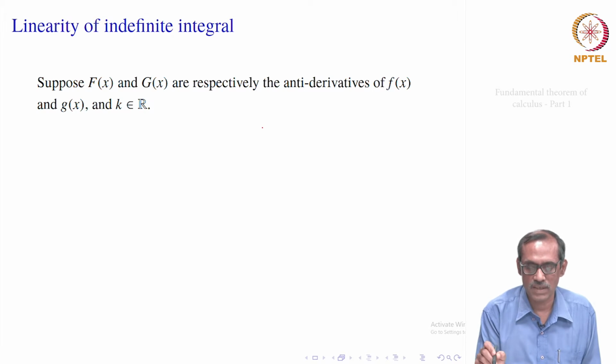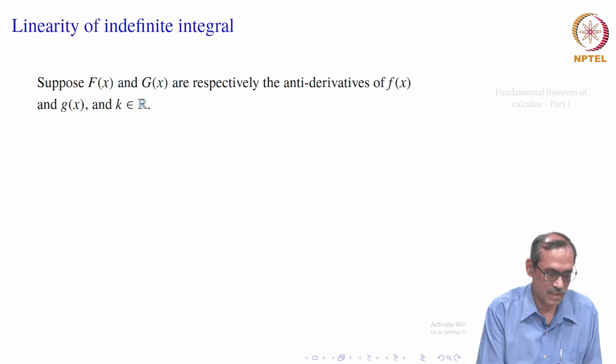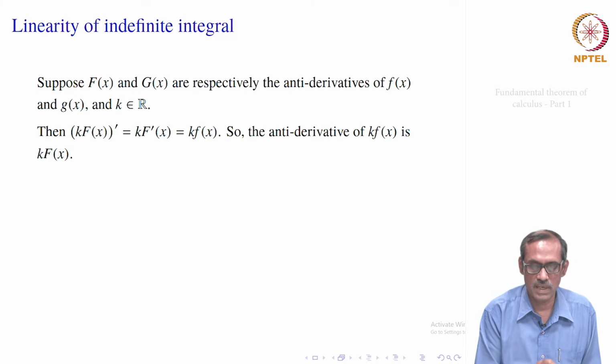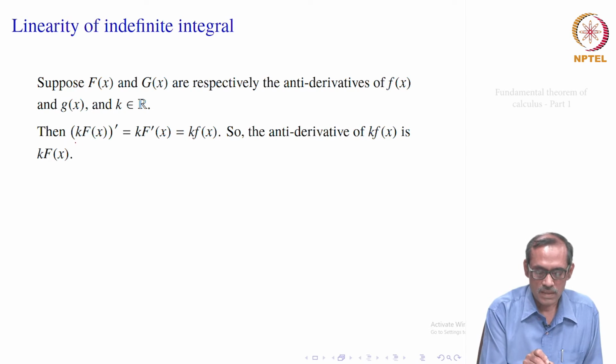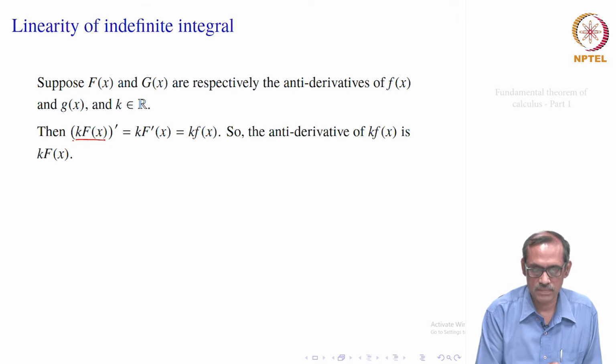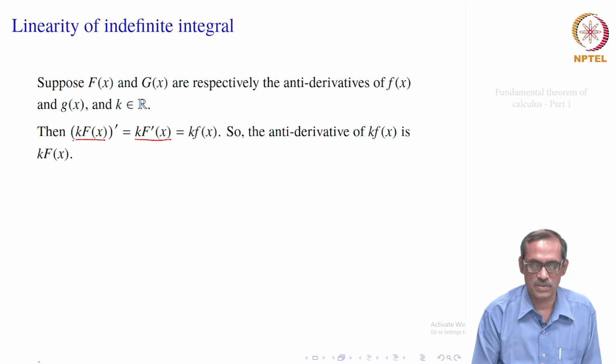you take f x minus g x or f x plus g x, and if you multiply a constant k, how the integral behaves. That really behaves in the expected manner. That is we say it is linearity of the indefinite integral. See, all that we know that it is coming from the properties of the derivatives. If you take k times f of x and take its derivative for some constant k, then it will be equal to k times f prime x.